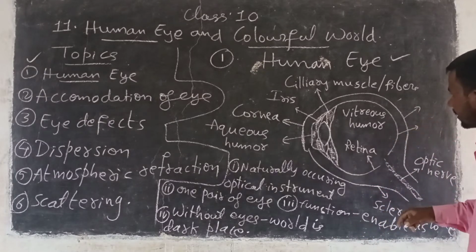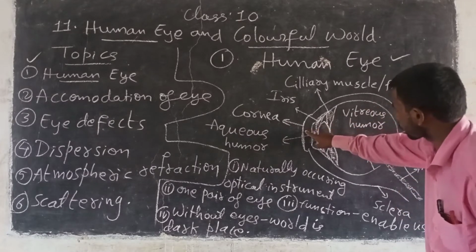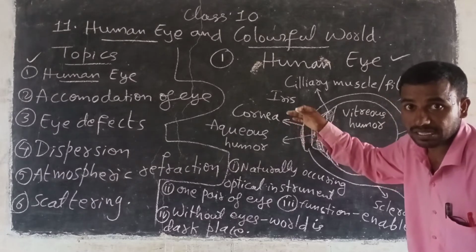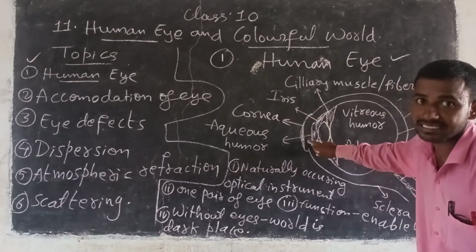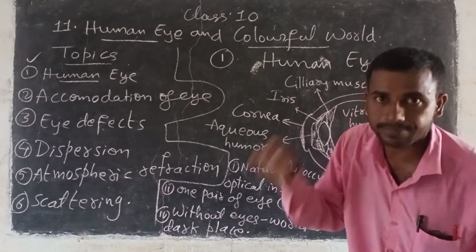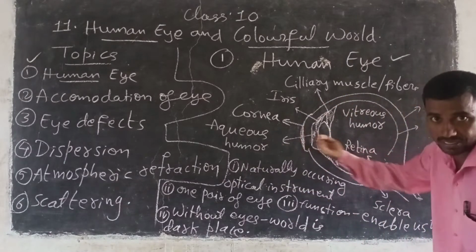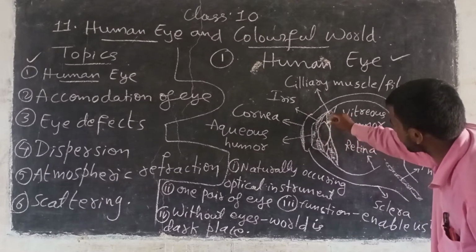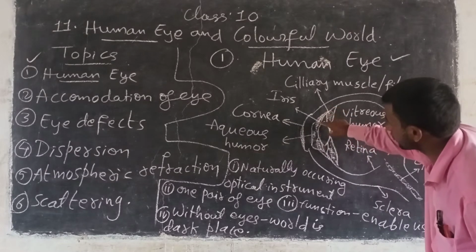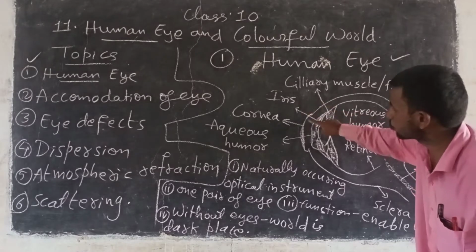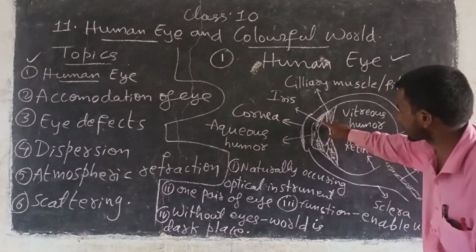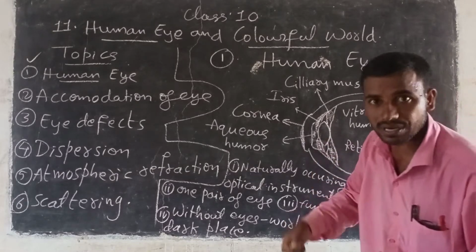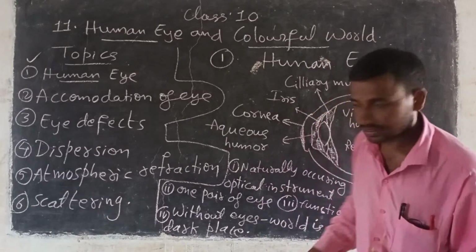So two layers are there, and in front of each, one bulged area is there. Have you seen the bulged area? This bulged area is called the cornea of the eye. Inside, slowly when you come one by one, look here. Here also there is one bulging area, but this part is called the iris. Two irises are there. One iris is up, the second iris is down. What the iris does, I will tell you one by one.